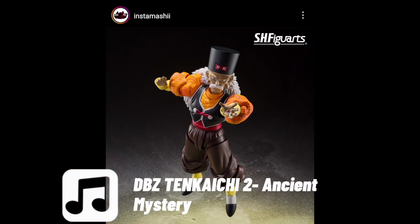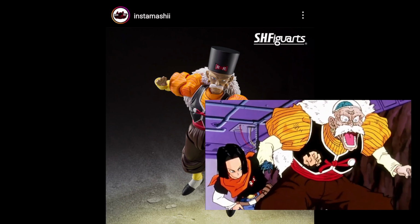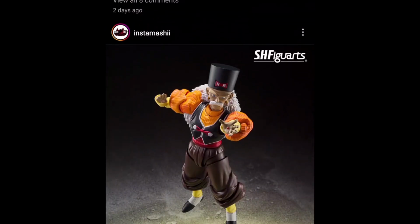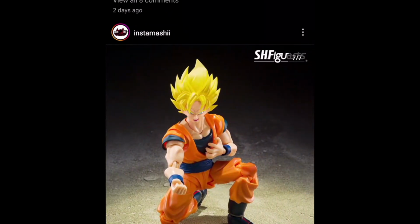Jiro's abdomen. And I was thinking that would be cause for a new mold for 17, but they don't even really got to do that because, as my man Sayura said, let's just even look at Goku right here. They still trying to push this Goku, which, yo, I'm not even gonna lie. I wouldn't be surprised if at some point they double dip and they give us a updated mold of this